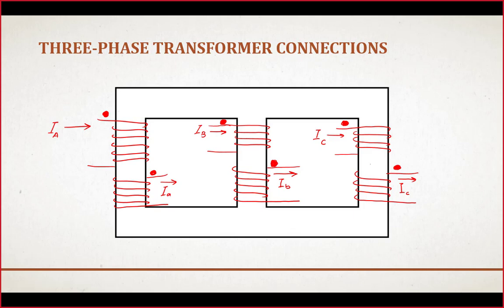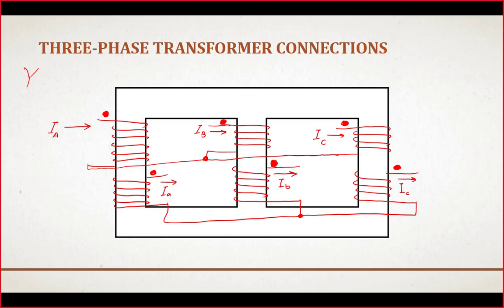Next is how do we connect these three windings together in Y and delta in order to make a three-phase transformer. When we want to connect the windings in Y configuration, the method is simply to connect the non-dotted ends of the windings together, and that will make a star point like this. So this is the Y terminal, the star point of one side. So the winding is connected in Y. In the same way, we can connect the non-dotted ends of the other windings together to make a star point. So this will become a Y-Y connected transformer winding.